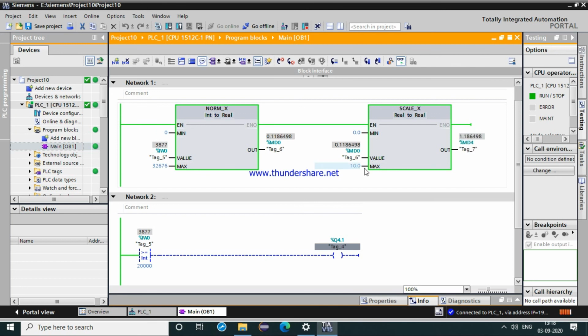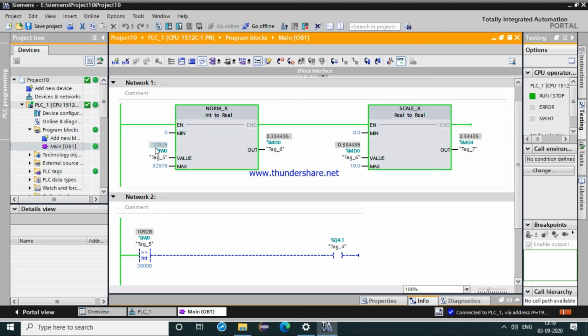Ten is our max value, so it gets multiplied by this, and ranging from this we will get an output. Accordingly, as we increase the integer range, as we have given this tagging of 20,000, if my IW reaches 20,000, we should get an output, that is our Q4.1 should glow.